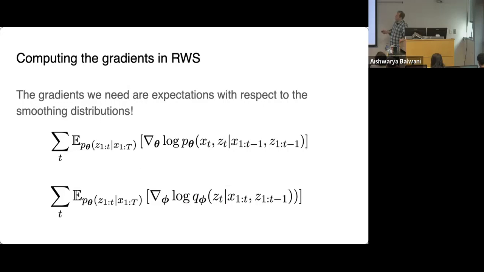If we go back to reweighted wake sleep, I was showing it for the importance sampling case, but in the time series case, the gradients that we need are really expectations with respect to these smoothing distributions over particles. Here I've got Z and X instead of X and Y, but Z up till time T given the observations up until time big T. So when you put this into the time series setting, SMC gives you what you need to compute these expectations.